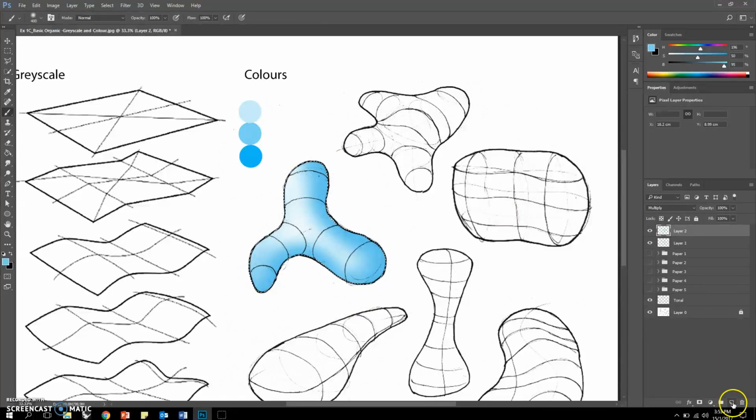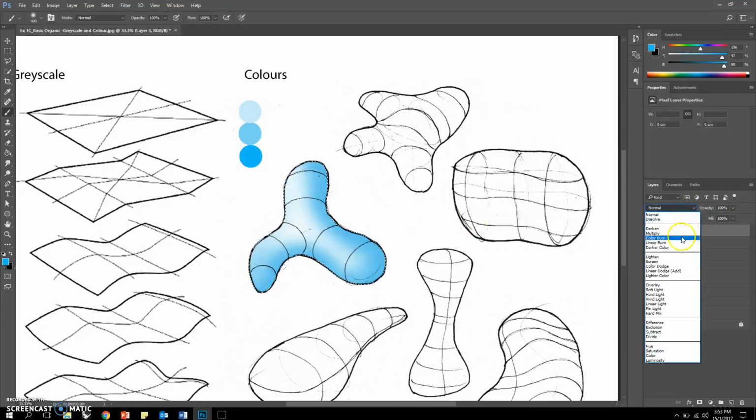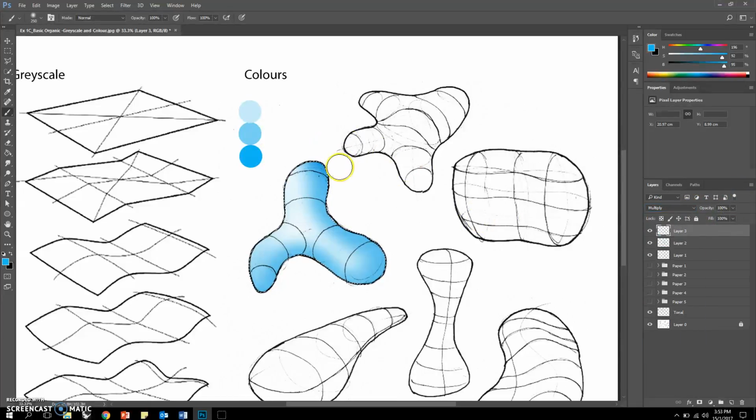Alright, let's just take one more. Let's just take the last one, multiply, so we can get something really dark here to show. Okay, we can start building up the shape from there, and always ending up with the highlight. Let's say for example I want to highlight here, I want to highlight here, and I want to highlight